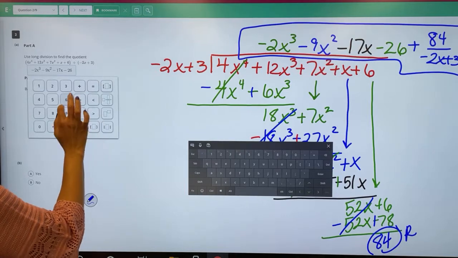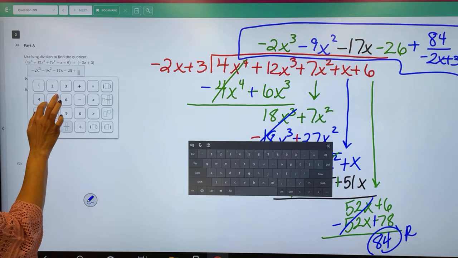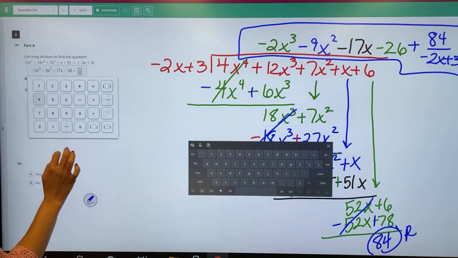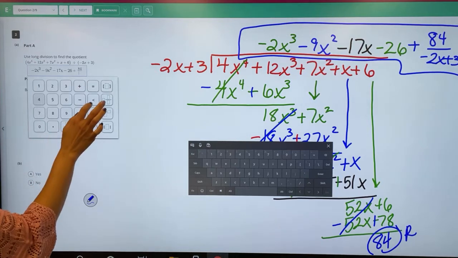And then plus, I need a fraction, so the fraction button, and I need 84. I gotta arrow down to get to the denominator, and I need negative